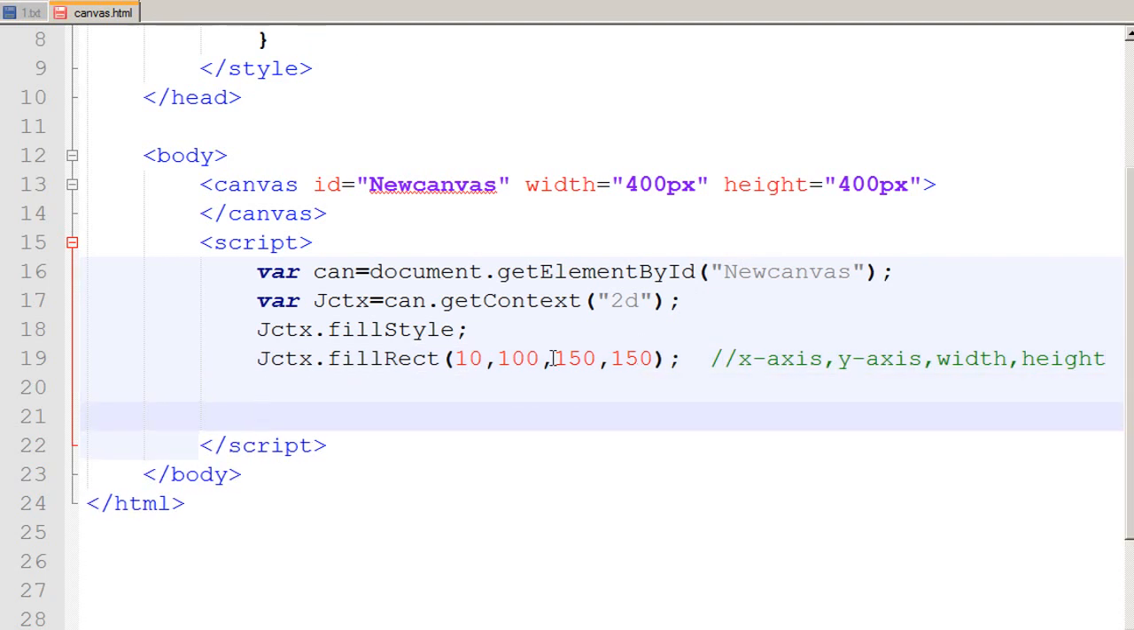To do that, I use the same property, which is ctx.fillStyle equals to, and here I can give the color name, RGB value, HSLA value or other values to color my rectangle. So I say that the color would be FF00FF,